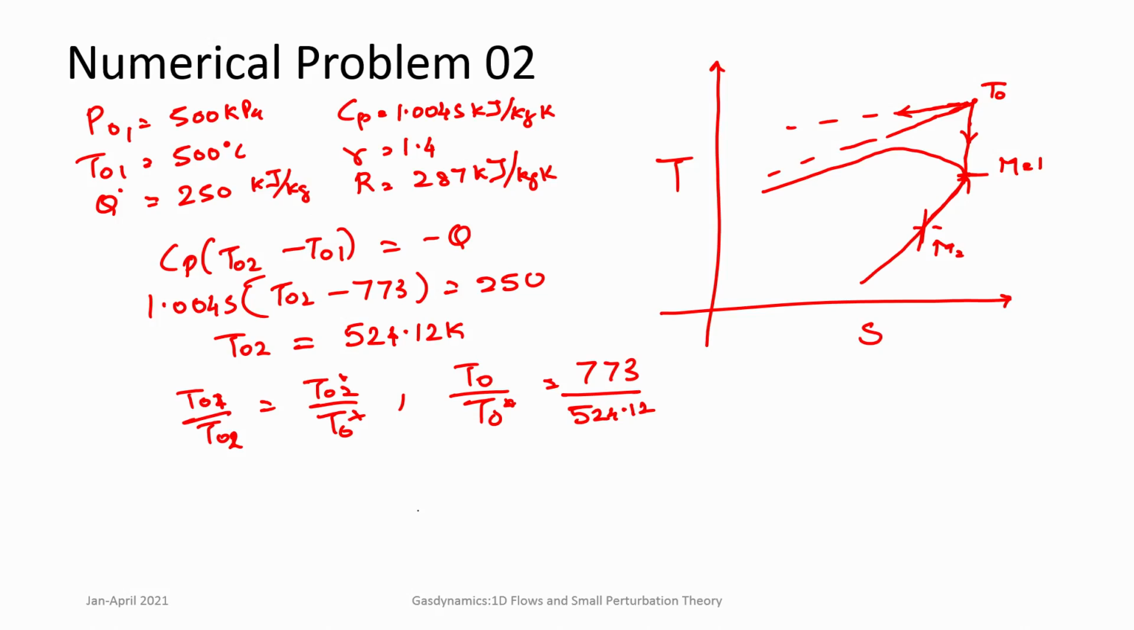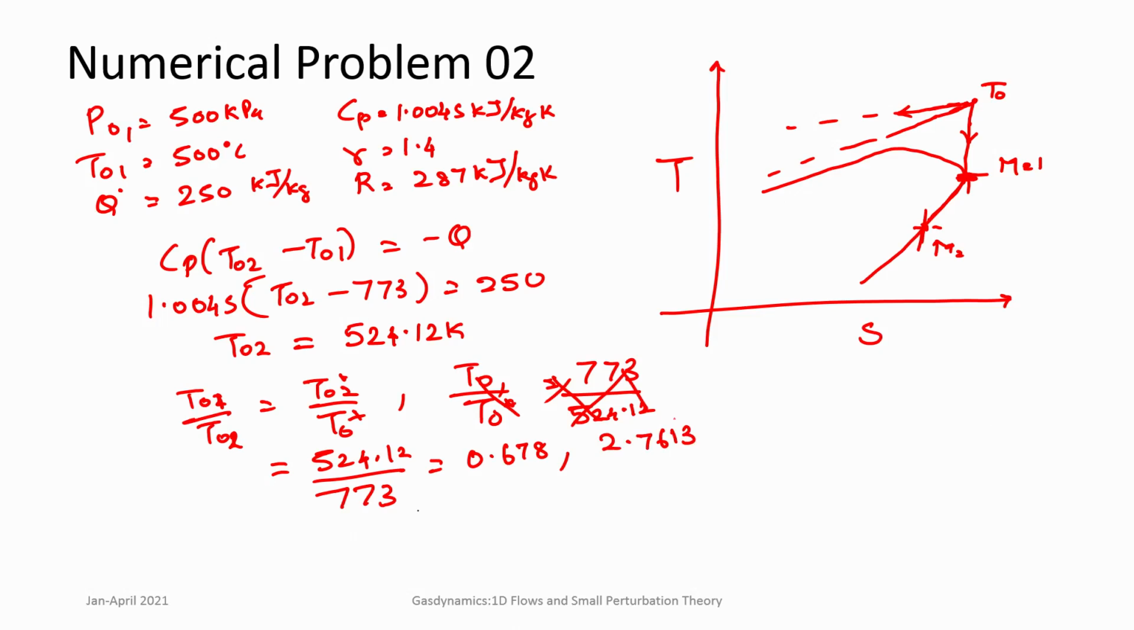So, from T02 by T01, from this particular point we can always get it. Okay. So, it should be T02 by T0 star, which is 524.12 by 773. So, we should be careful here. This is the reference point and M2 is lower. So, this should be correct. So, this is not correct, and this is equal to 0.678 and the Mach number corresponding to this is